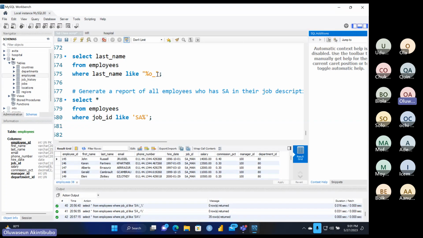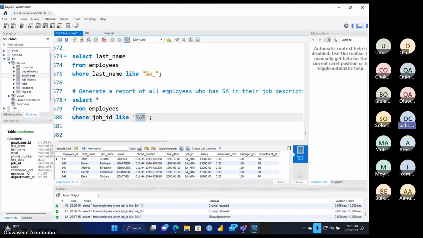The one character is at the end of what you're writing. I said the one character, is it before the SA or after the SA? In the example I gave, I didn't use the underscore before. And the reason why I didn't use it before,